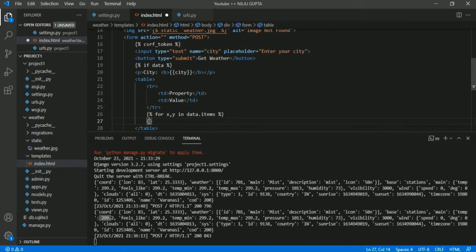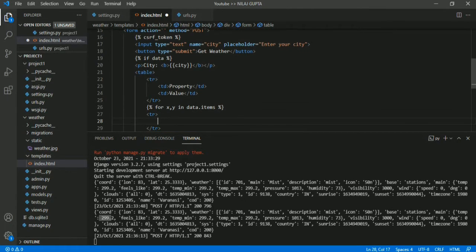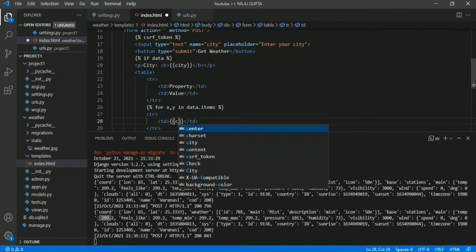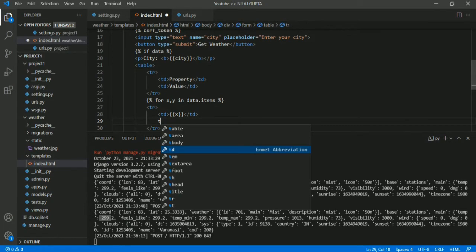And let's close this for loop. And each iteration will create a row and it will have data x and y.